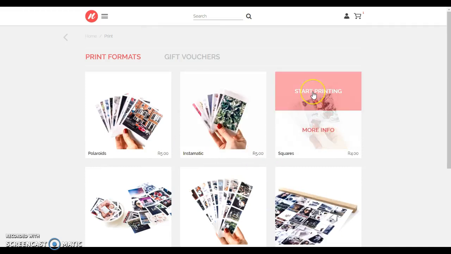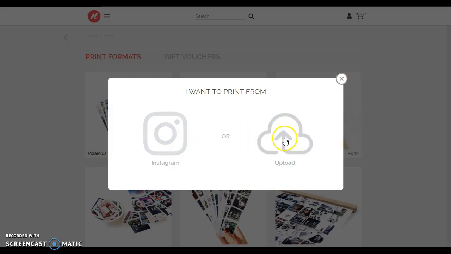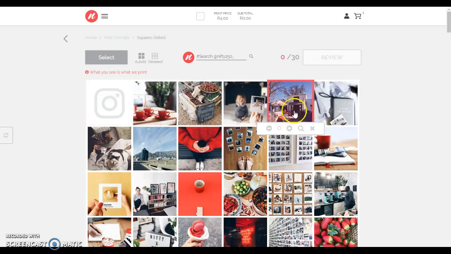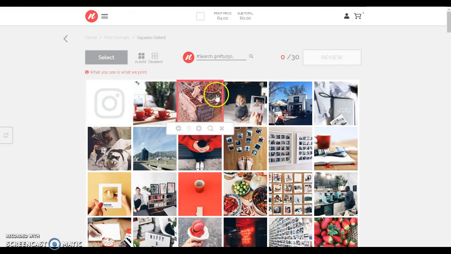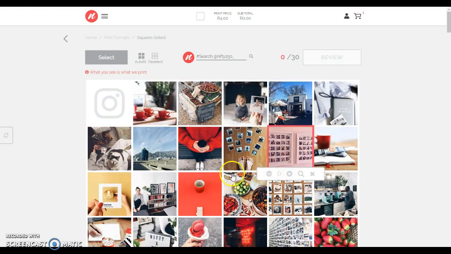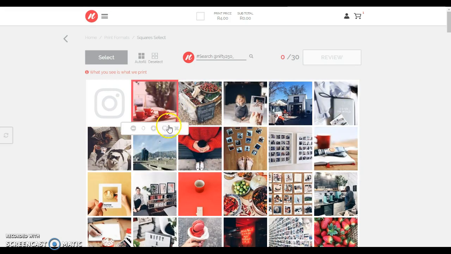So you can repeat the process with any other format, and you can even change the source. So if you'd like to have 30 squares, for instance, that are uploaded, you can do that too. For the sake of this tutorial, we're going to focus on Instagram. So I'm going to choose a different format. I'm going to stick to Instagram, and what it will do is stay and load the images from the previously signed in account. The whole website takes into account one Instagram account at a time. So just bear in mind that you won't be signed into multiple accounts in different formats. You're always going to be looking at the latest account that you've signed into.